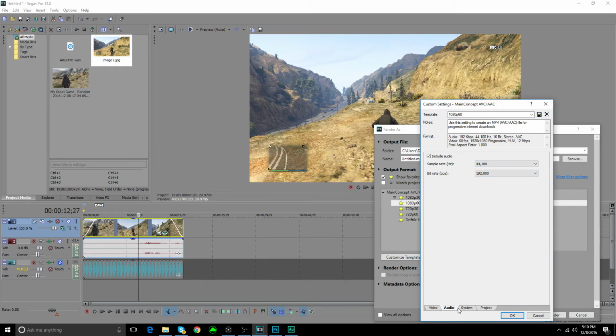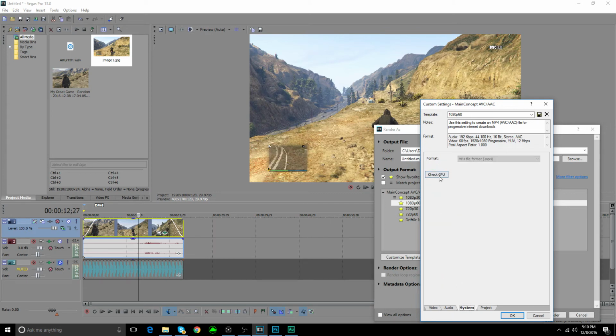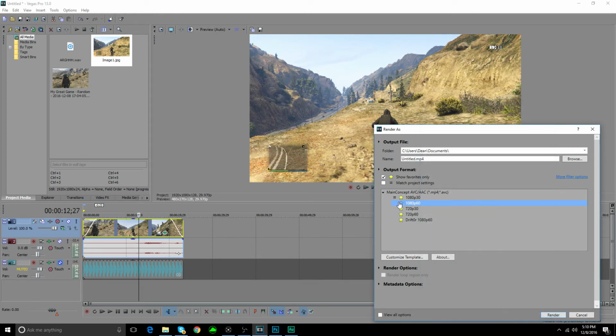Bit rate is 192. When it comes to the actual rendering, right here you'll see render using CPU, render using OpenCL, or render using CUDA. In order to find out what your PC is capable of, go to System and go to Check GPU. In this case, CUDA is available for me, which is why I specifically select CUDA, my bad. Save it as a favorite. In order to actually get this setting,